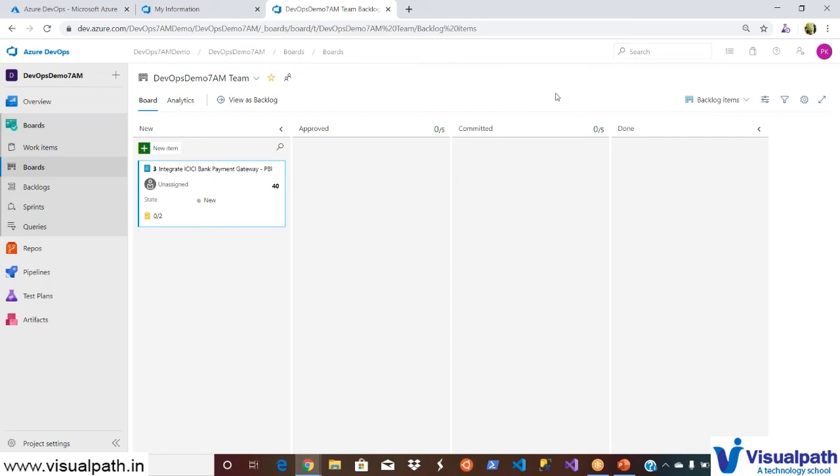That's where these tools will help us, right? You don't need to maintain all those sticky notes on your whiteboards. We will be using Azure Boards, or if you are using Jira, you can use Scrum templates in Jira to manage your Kanban boards, and you can visualize it clearly.